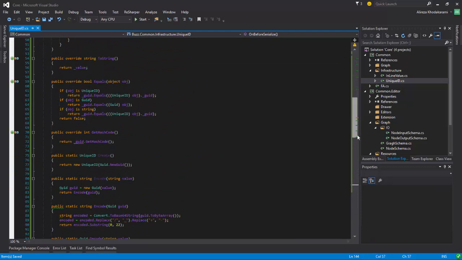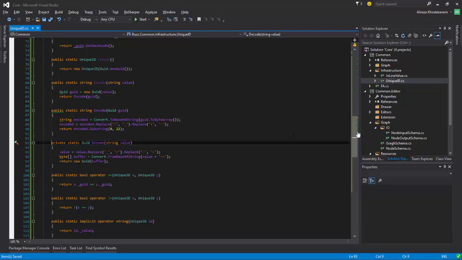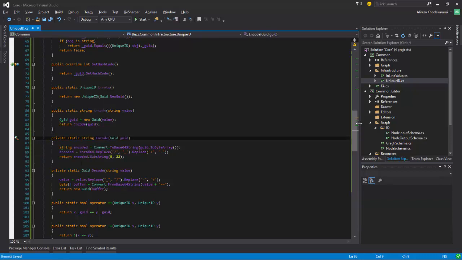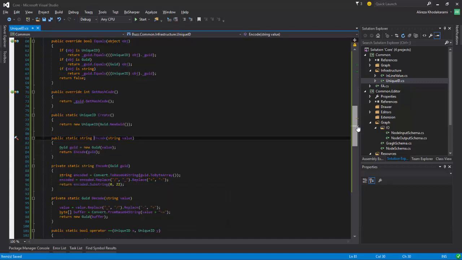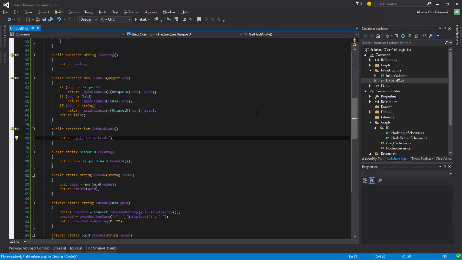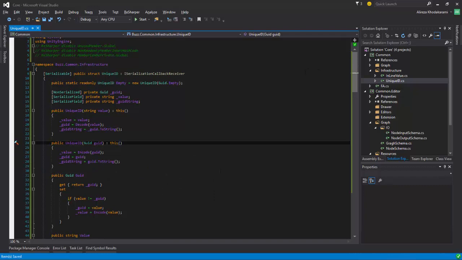You may notice some warnings and stuff. For example, it says make method decode private. Yeah, why not? Encode private. Yeah, why not? Now here is interesting. To private. If I make it private, it says that, hey, make it public, because it's not ever used. And I'm developing an API, so I will give you an ability to use it. Now this one, make the GUID read only, but I'm sure it will yell at me because I tried it before and it gave me problems. So now, make constructor private. Shut up, and that's it. So we have our unique ID,